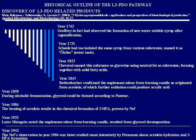Now the historical observation of the 1,3-propanediol pathway has been outlined in this slide. In year 1742, Geoffroy observed the formation of a new water-soluble soap after saponification. In years 1731, 1823, 1843, 1858, 1904, 1925 until 1942, various 1,3-propanediol relevant products, for example,